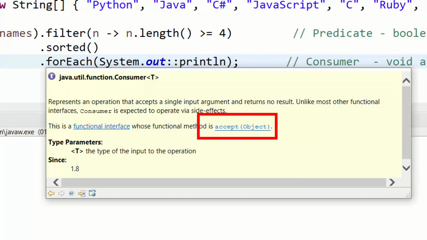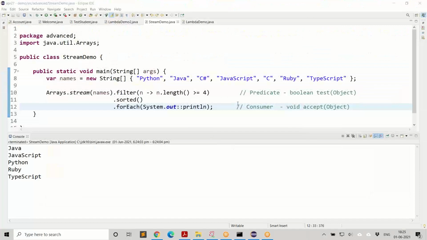You need to know what the abstract method is that is provided by these functional interfaces, because only when you know the abstract method, you know what to do, how to handle it, because you need to know what the method is taking as parameters and what it returns as the return type.